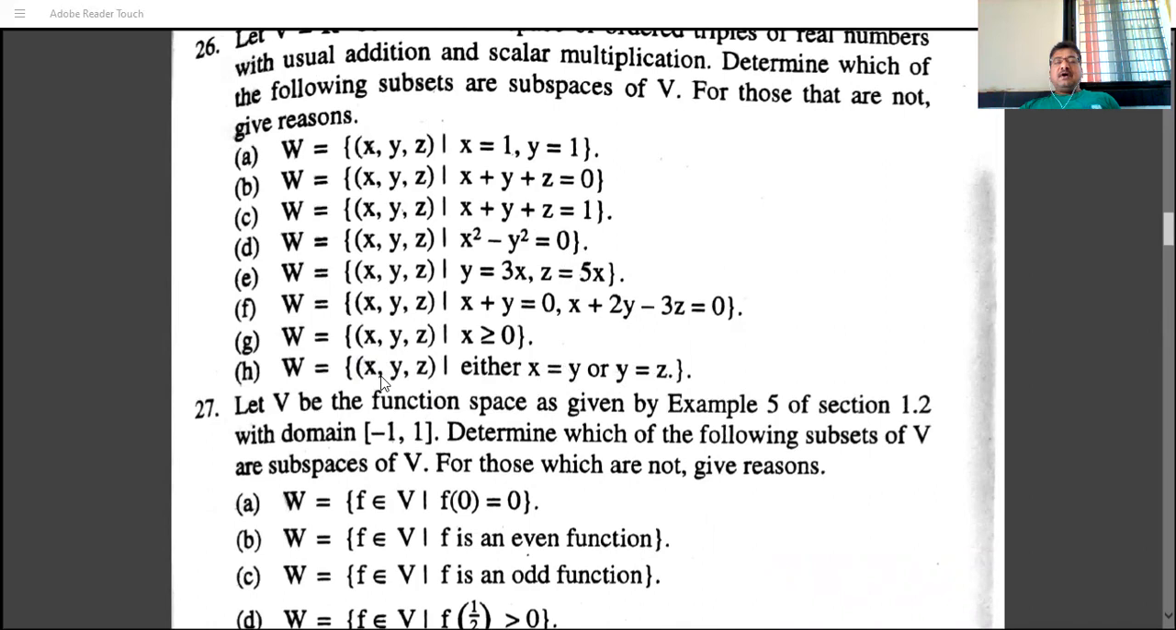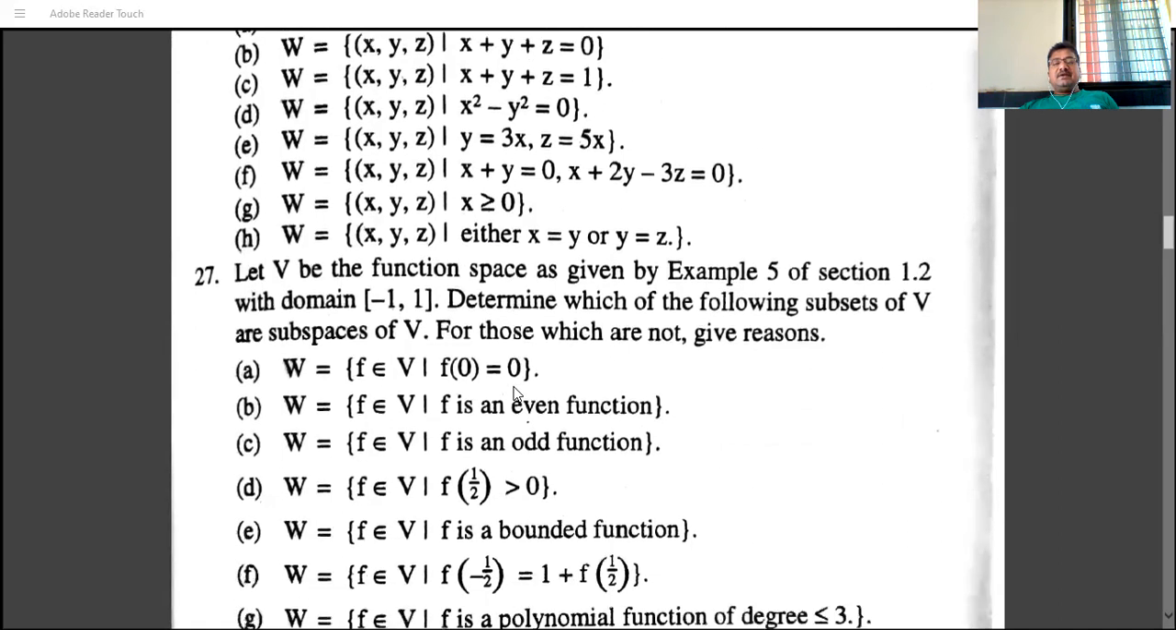For example, 1 1 3 is an element of W, 2 3 3 is an element of W. Either take x is equal to y or y is equal to z, or take both, 1 1 1. This is also an element of this W, because either x is equal to y or y is equal to z. Means if we take all three elements the same, then also it is an element of W. So take two elements of W and show that addition does not belong to W. Let's give the counter example for the addition property is not true for W, that is, W is not closed